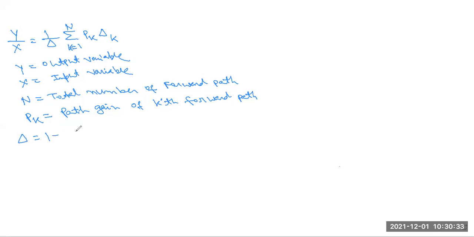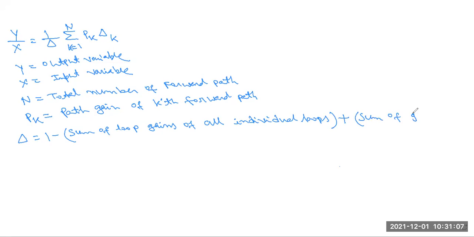The formula is 1 minus the sum of loop gains of all individual loops, then plus another one,